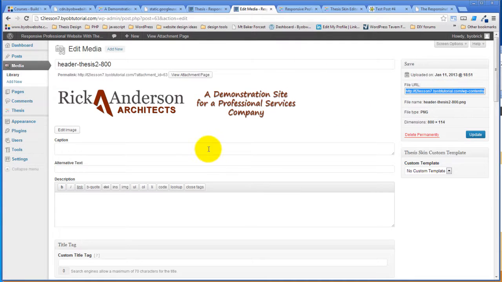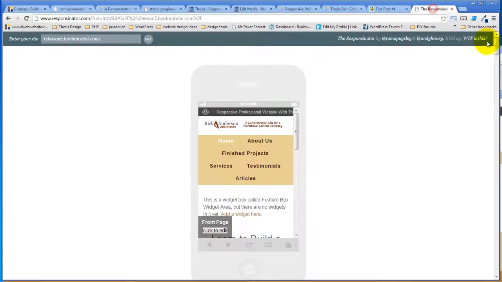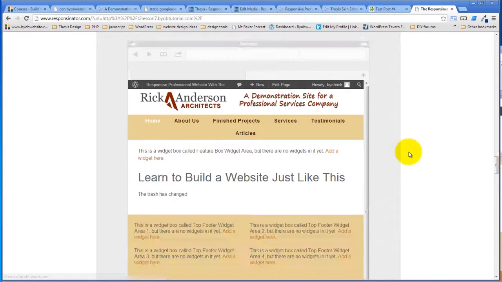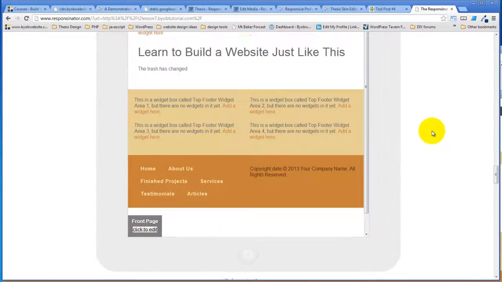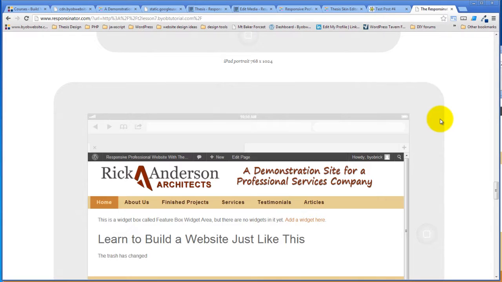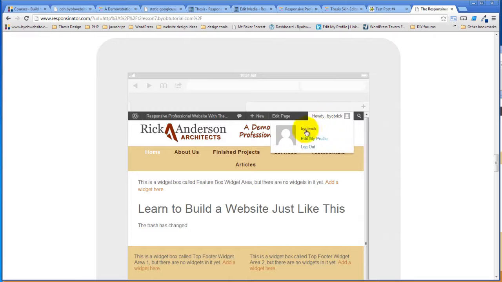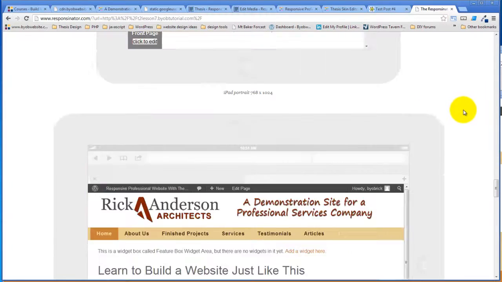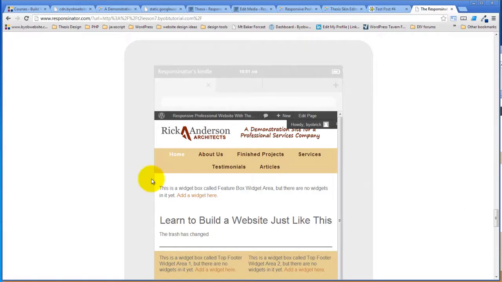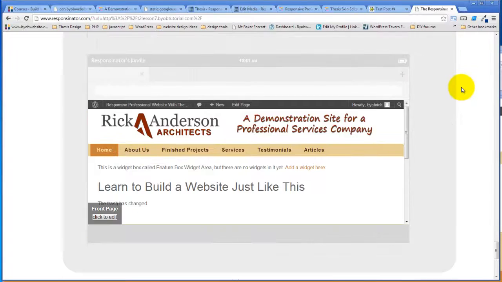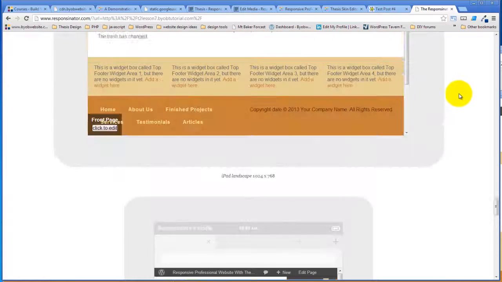And this will be shown on devices between 1024 and 800. So it will replace this image here on the iPad, for example. Right? Now, obviously, this image looks fine on the iPad, so you may not feel the need to replace it. It got scaled down to fit the space. And maybe you're happy with the way it looks here, and so you may not feel the need to change it out. But if you do feel the need to change it out,